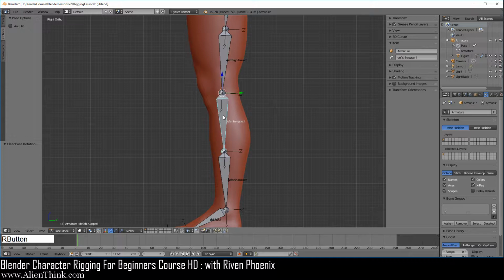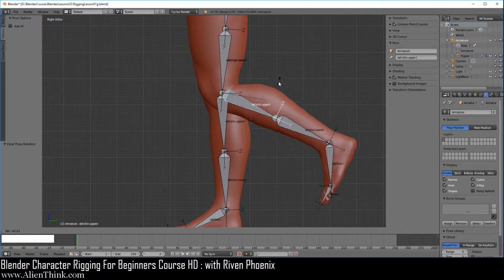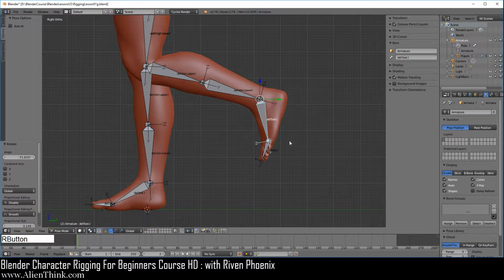And if we click over here on this bone, press the R key, it did a pretty good job on this bone, this joint area too. We're going to left click this. Now if you click on the foot and press the R key, it did a really good job over here. And if you click on the toe bone, press the R key, you can see that it's actually doing a really good job on the toes, right?